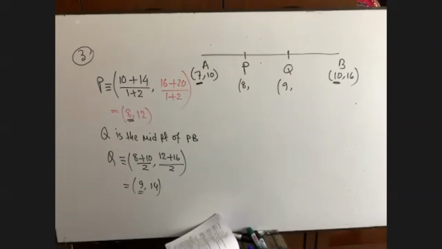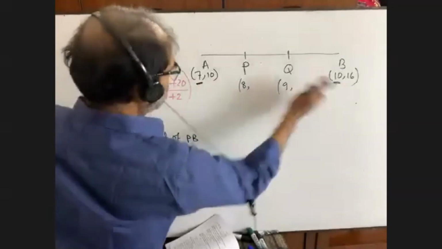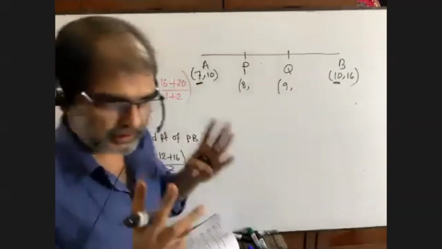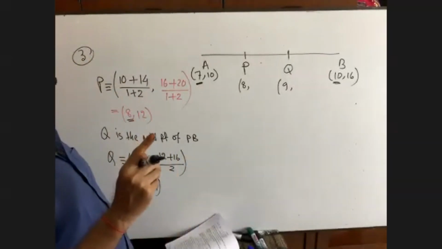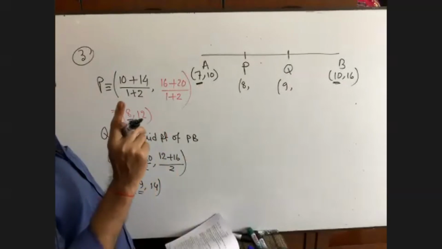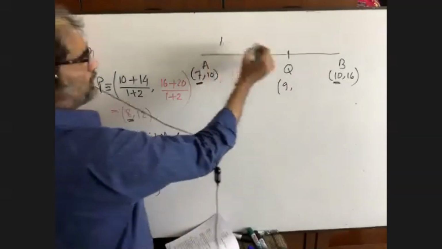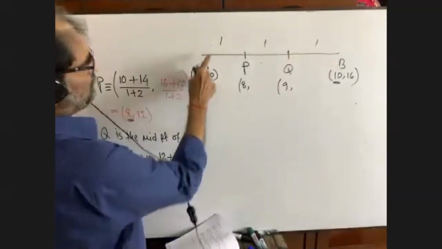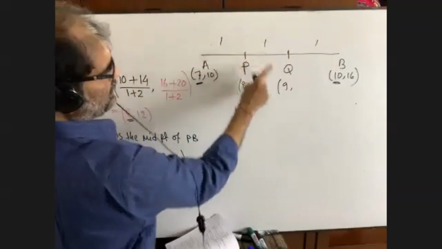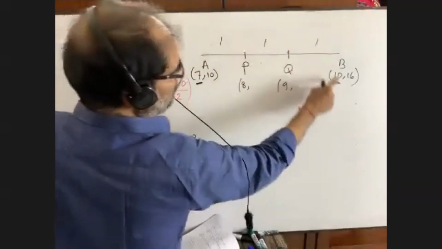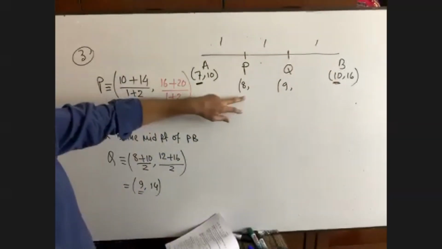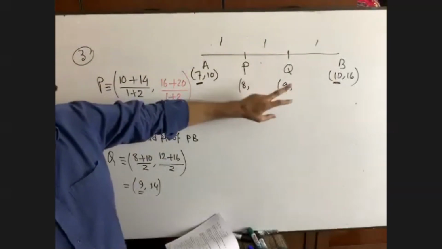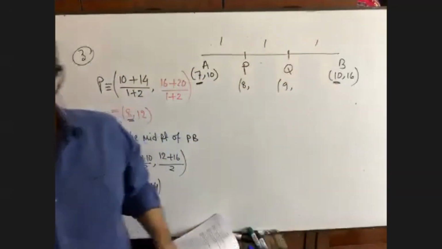We are not done yet. I repeat. 10 minus 7 equals what? 3. So 3 will be equally divided, so we'll get 1 for each individual part. 1, 1, 1. 7 plus 1, 8. 8 plus 1, 9. Interesting fact, 9 plus 1 equals 10. I repeat, 7 plus 1 equals 8, 8 plus 1 equals 9, 9 plus 1 equals 10. We are done?